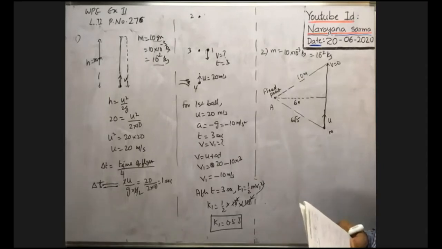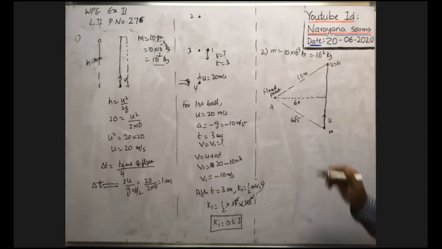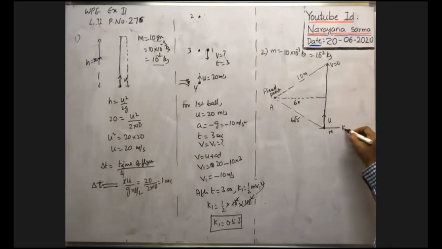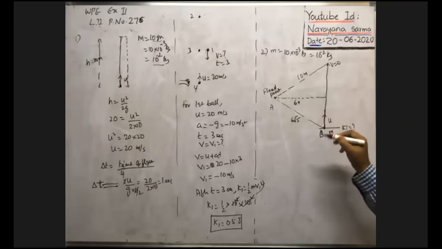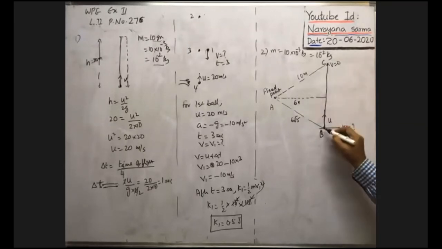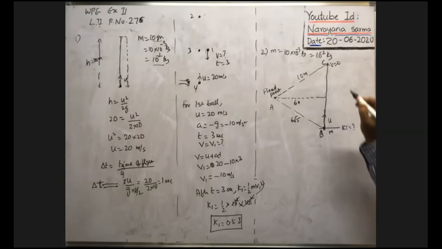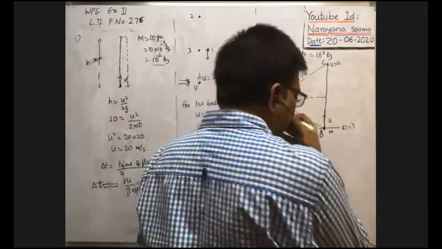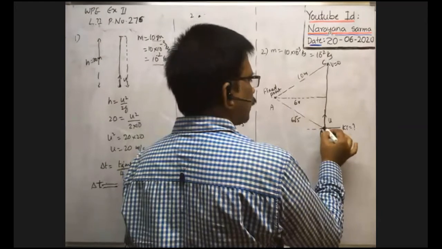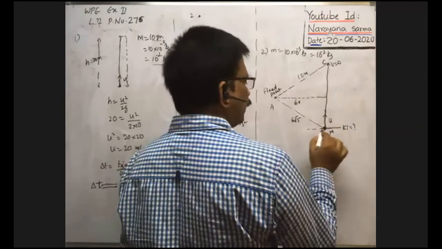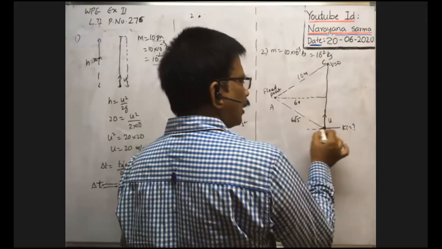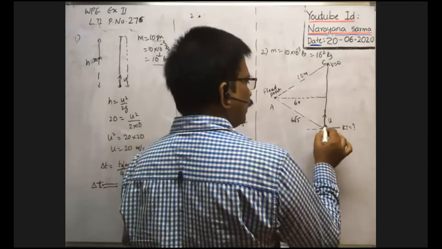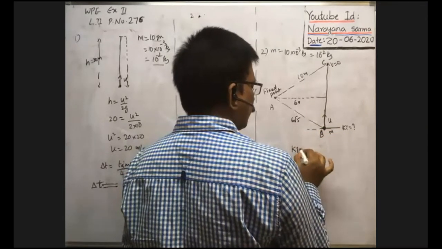Then what about the initial kinetic energy of the ball? Initial kinetic energy means at the instant whenever it is projected. Say the point of projection is B and the highest point is C. At the point B, what is the total energy of the body? It is the reference line, because the body is projected from this point. That's why total energy of the body at this point is equal to kinetic energy itself, because it is on the ground only. Potential energy is 0. That's why the initial kinetic energy of the body is Ki.